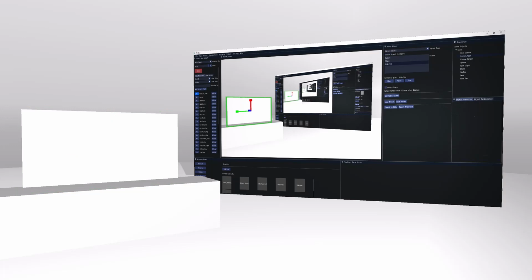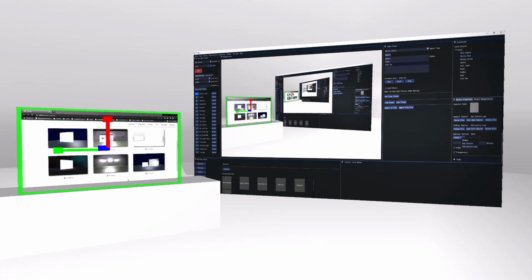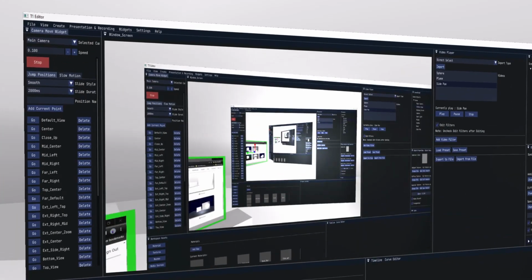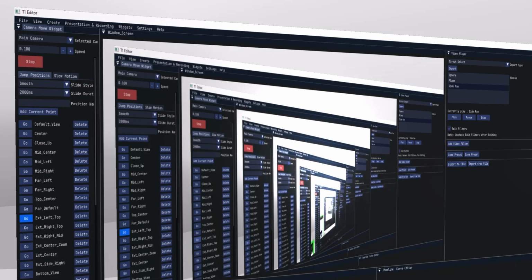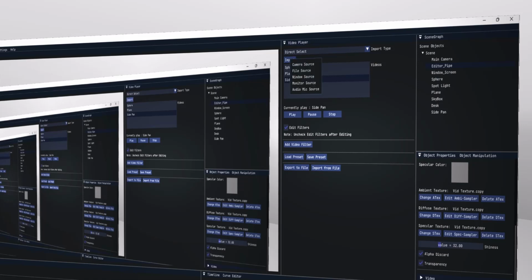So this is the plane that we have. So on this plane, we are projecting our window or monitor or camera. So let me just go back to projecting the camera. So in order to do that, select the window using the right click mouse button. Now let me just show you that. So once you do that, go and then click import camera source,